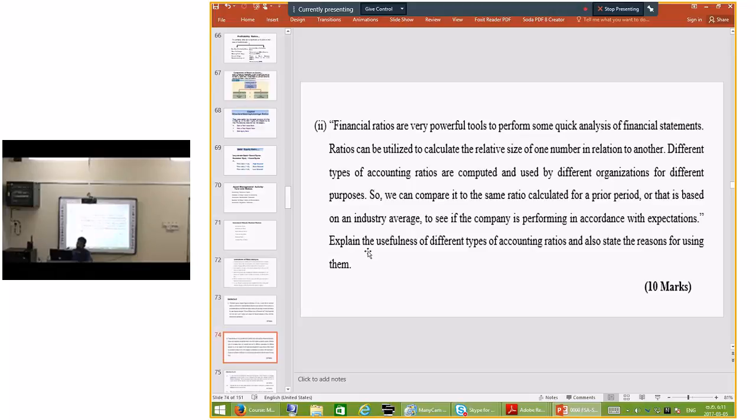Explain the usefulness of different types of accounting ratios and also state the reasons for using ratios, right? You are given 10 marks for that. Then this is the descriptive question. You can identify different types of ratios and their usefulness, then also the reason for using these